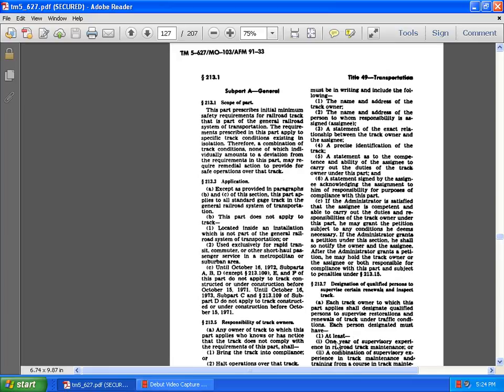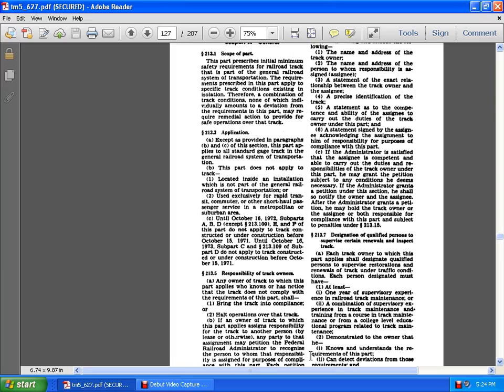213.7, Designation of qualified persons to supervise certain renewals and inspection. Each track owner to which this part applies shall designate qualified personnel to supervise restorations and renewals of track under traffic conditions. Each person designated must have at least one year of supervisory experience in railroad track maintenance, or a combination of supervisory experience in track maintenance and training from a course in track maintenance or from a college-level education program related to track maintenance, and must demonstrate to the owner that he knows and understands the